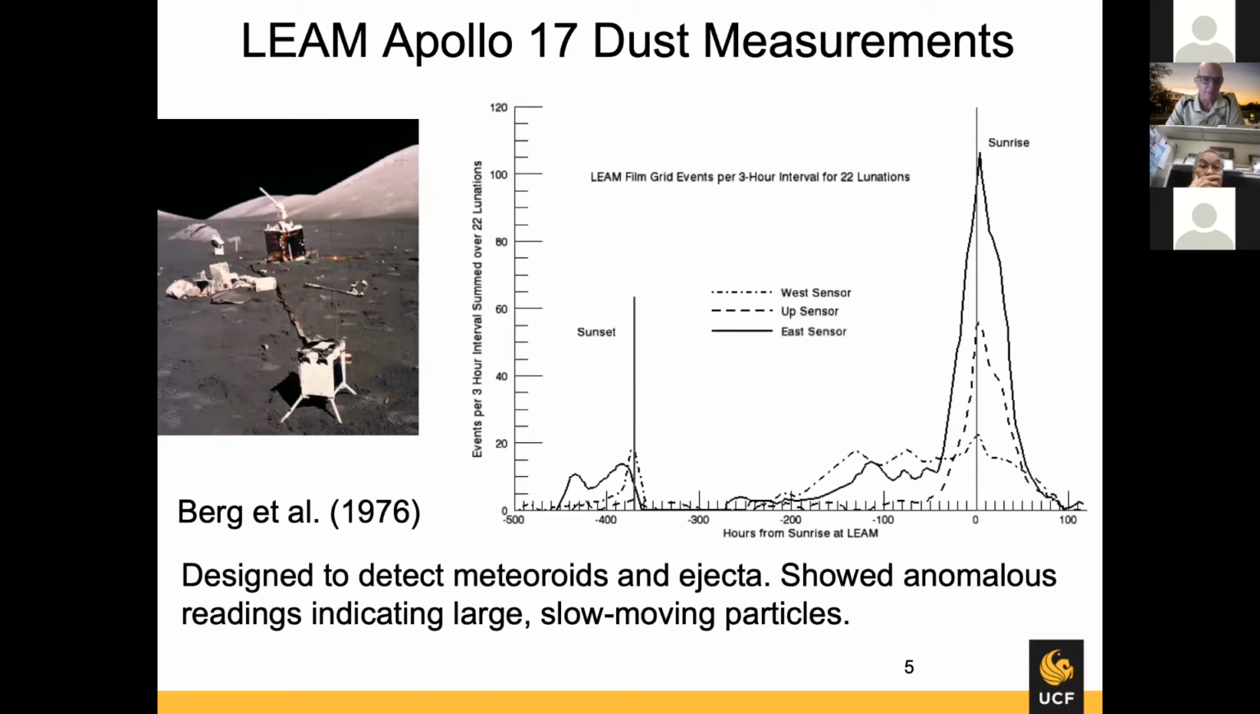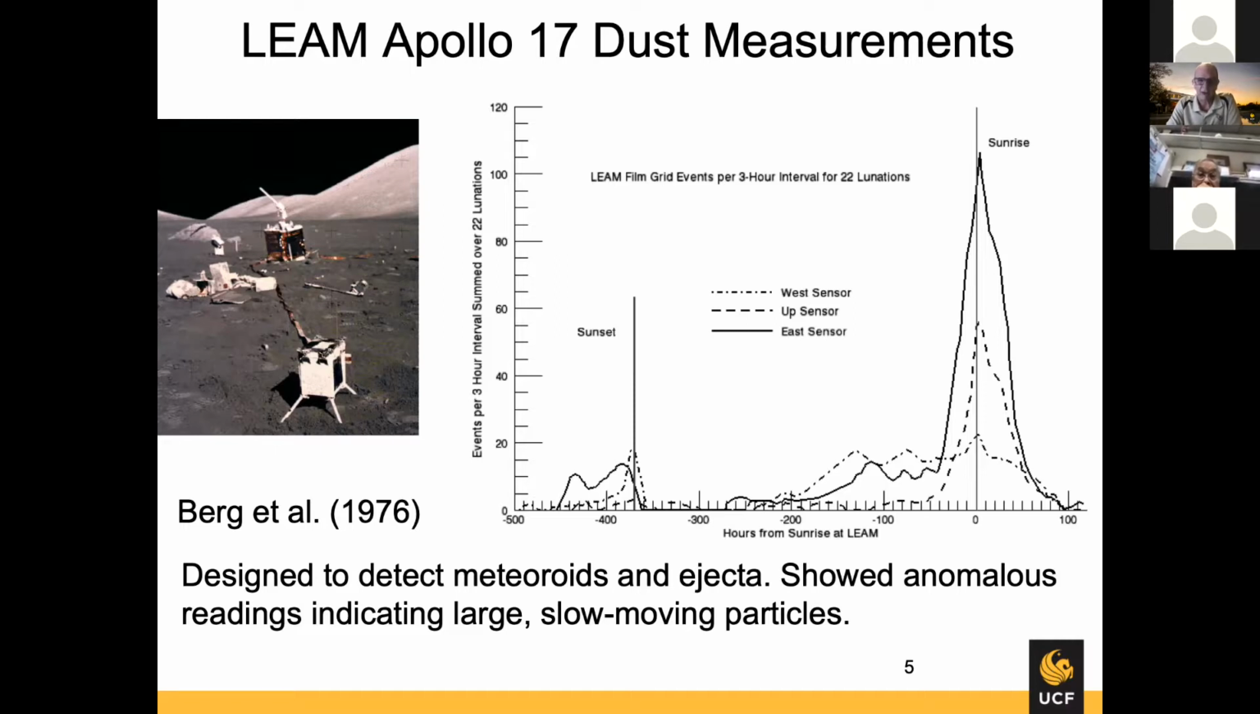Later in the 70s, Berg et al. published a summary of all of the observations made by the Apollo 17 Lunar Ejecta and Meteorites instrument, the LEAM instrument, which is this boxy thing you can see here on the lunar surface. It had detectors on the top and on two sides facing west and east. It was intended to measure meteorite impacts and ejecta produced by meteorite impacts. So the detectors were made to detect very high-speed, small particles, 1 to 100 microns in size,